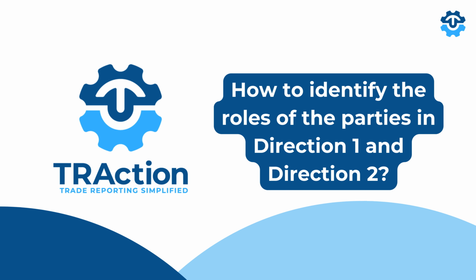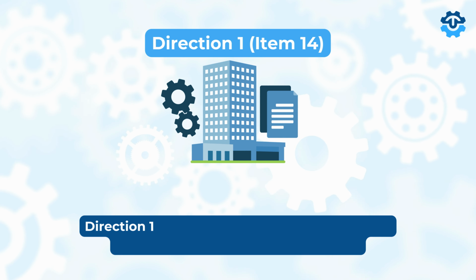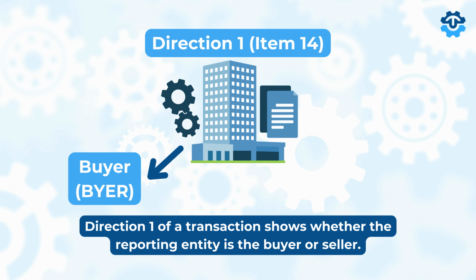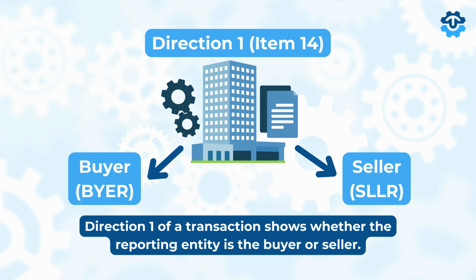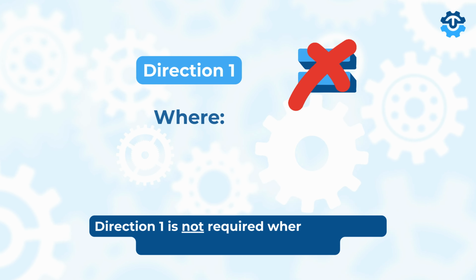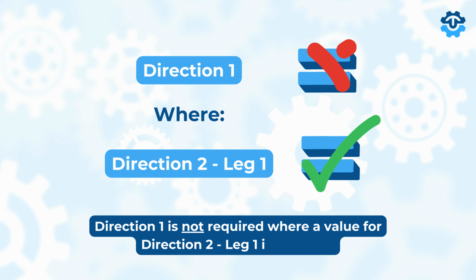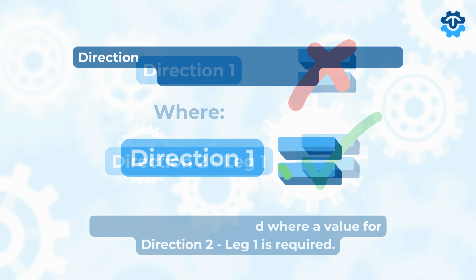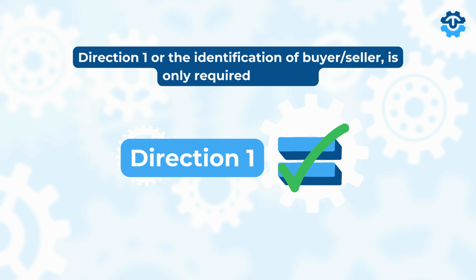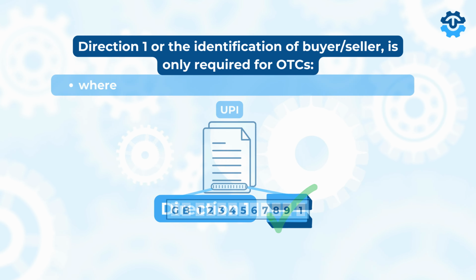Next, we'll discuss how to identify the roles of the parties in Direction 1 and Direction 2. Direction 1 of a transaction shows whether the reporting entity is the buyer, BYER, or the seller, SLLR. Direction 1 is not required where a value for Direction 2 leg 1 is required. Direction 1, or the identification of buyer or seller, is only required for OTCs